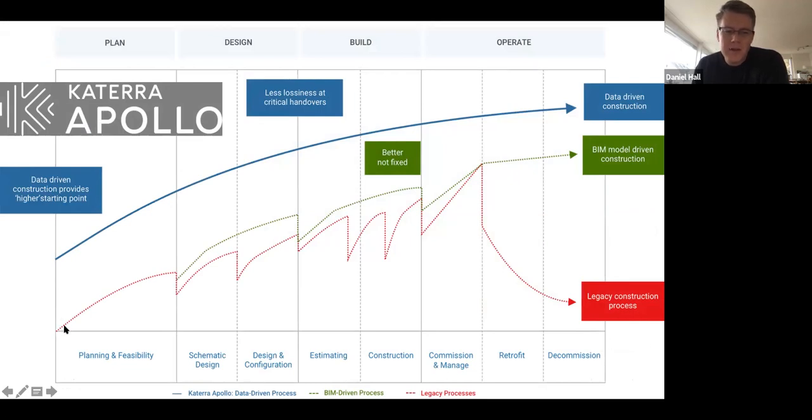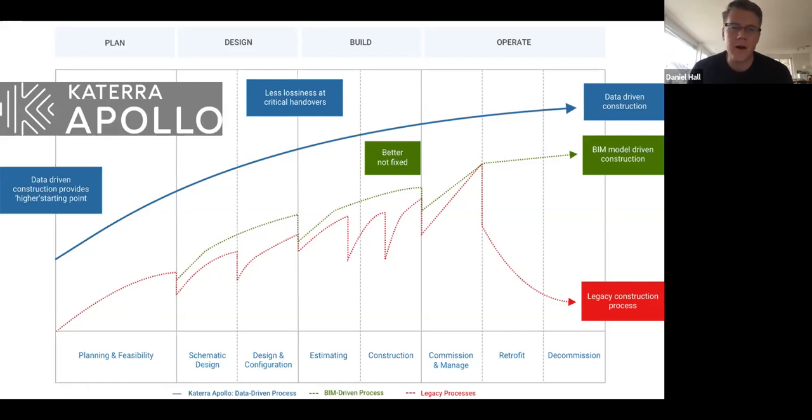So in red would be traditional processes. And each time you go from planning to the next stage, so from planning to schematic design, there's an information loss when you have a handover, right? You lose some digital data. And they show that at each stage in red, it keeps happening. So you have a huge information loss. And by the end, you are way down here, a lot of information lost. They say, okay, if you have BIM, you turn to the green, you're better, right? So now you have less information loss, but you still have information loss. And then they say they're going to go towards data-driven construction with less loss because it's all one integrated platform.